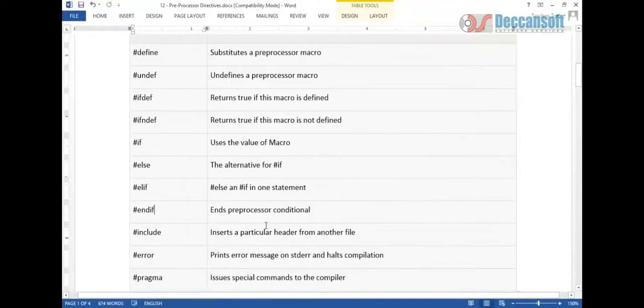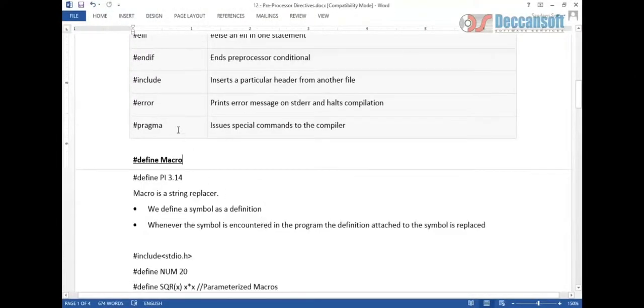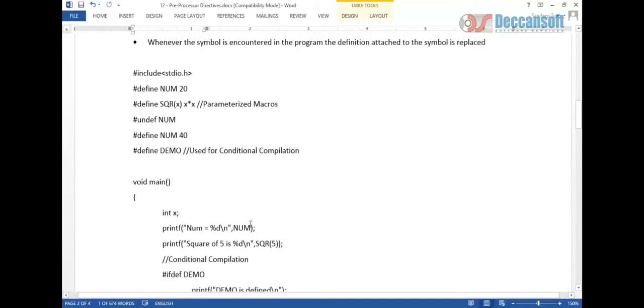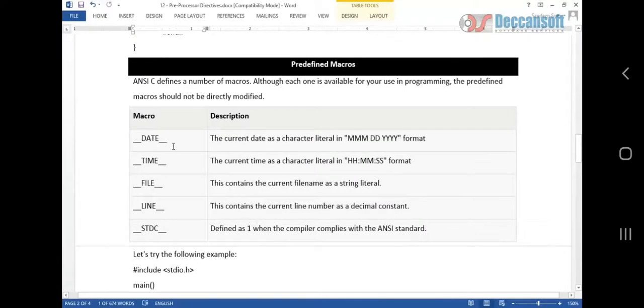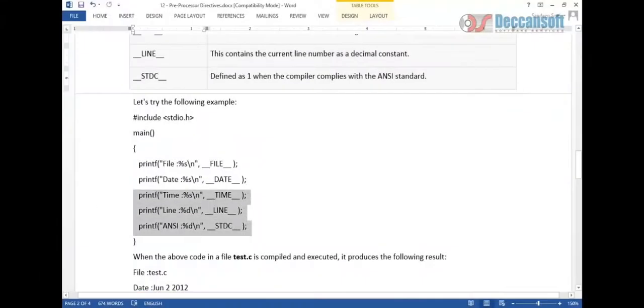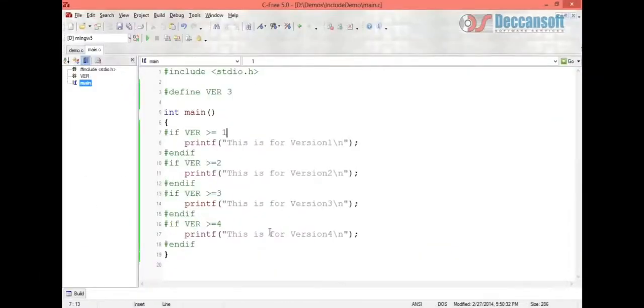So let's see the function of other macros. These are the predefined macros which are defined in the library. Predefined macros means they are already installed in your system, and they will work if you use them on your computer system.